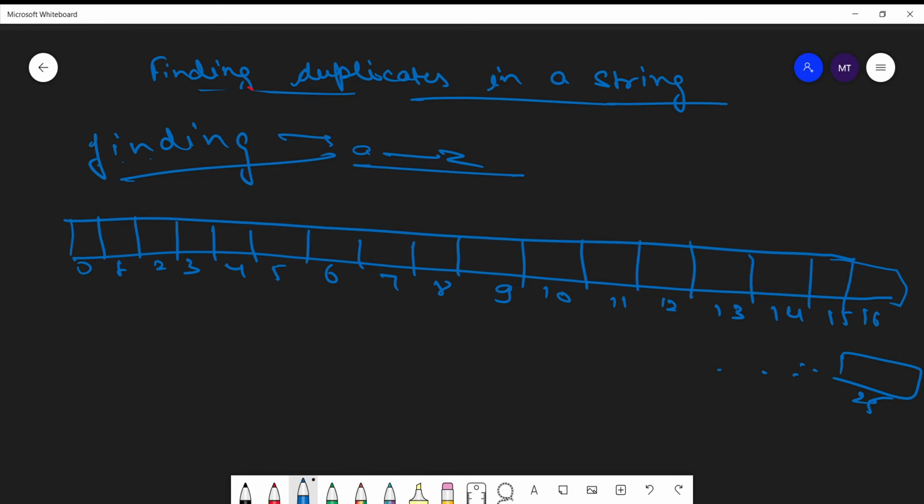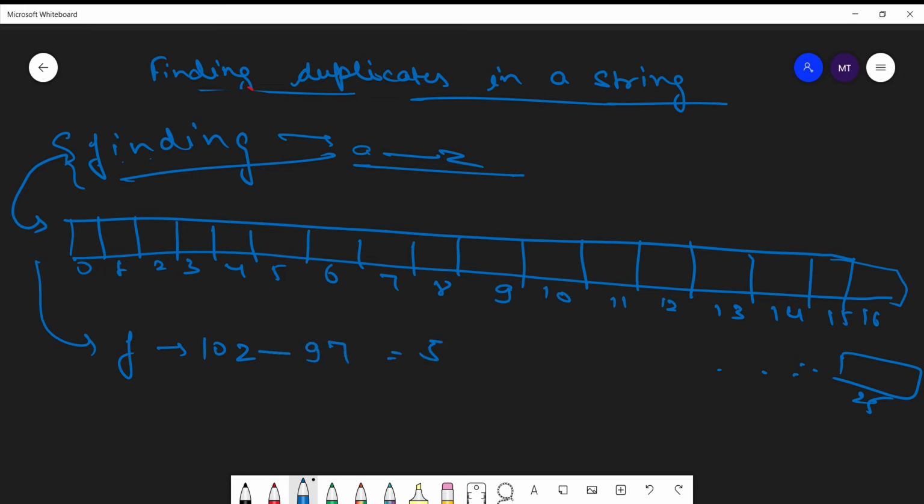Now we have to accommodate these many characters inside this array. So how will we decide which character will go where? In this approach, we will first find out the ASCII code of our character value. So the very first character is F. The ASCII code of F is 102, and the very first character in alphabetical order, that is A, has an ASCII code of 97. So we will subtract 97.